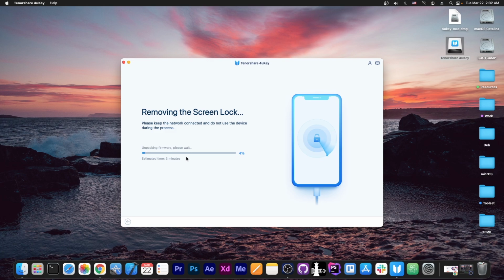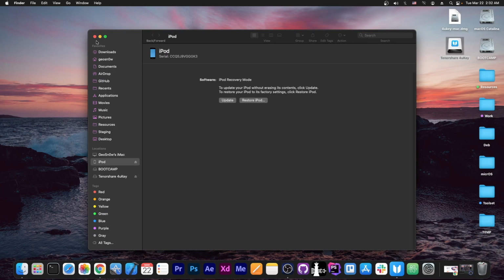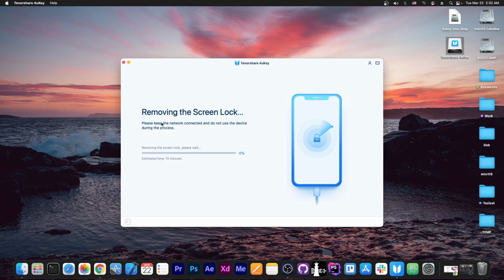Now do keep in mind you should not unplug the device until this is completed, which it says in here it's estimated to take like 3 minutes or so. And now it jumped to the second process, which will take 10 minutes. So yeah, that didn't take 3 minutes. That's good. It only took a couple of seconds, but this one will definitely be longer because this one actually